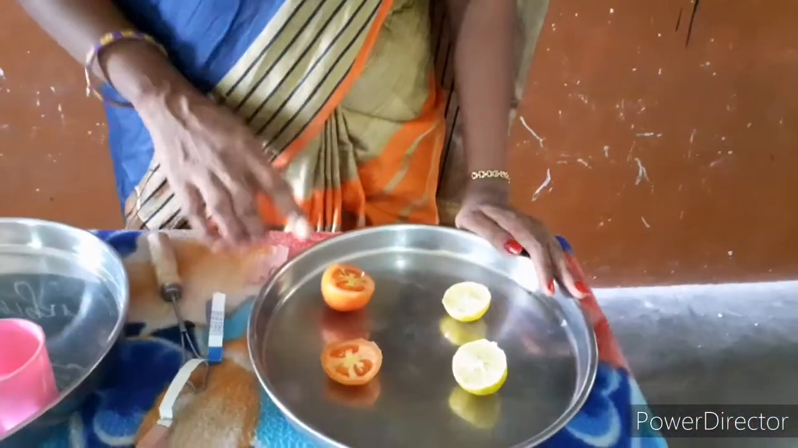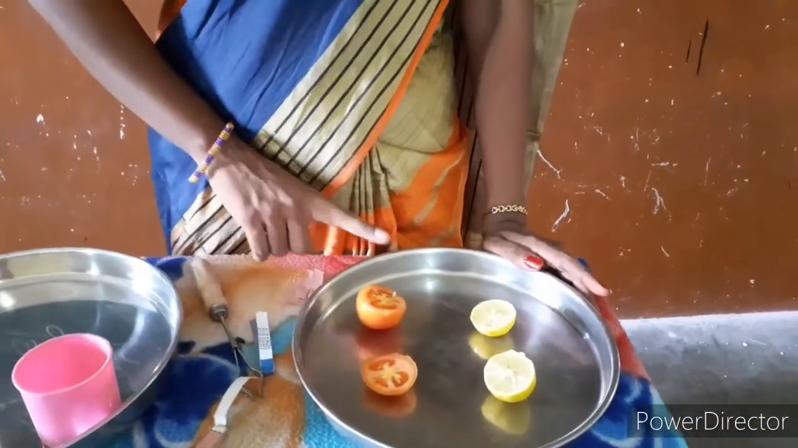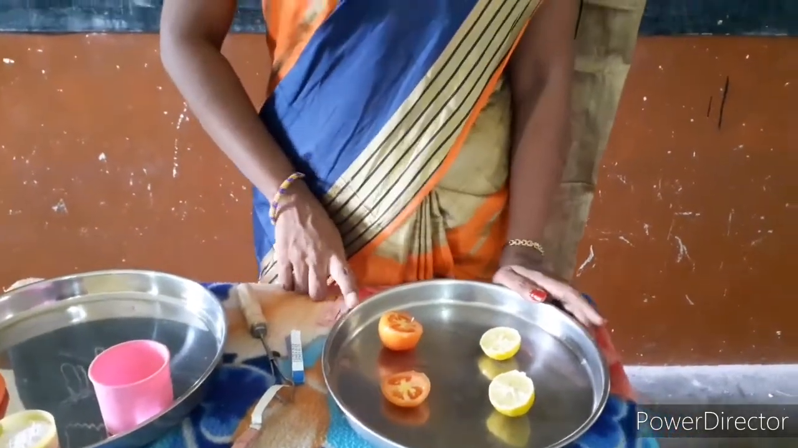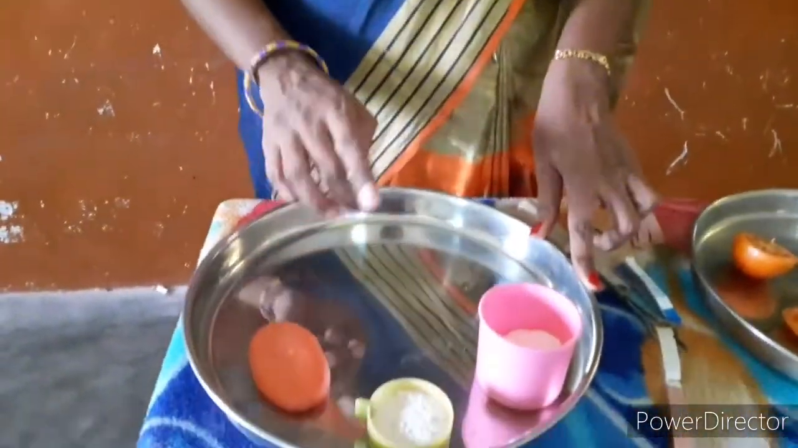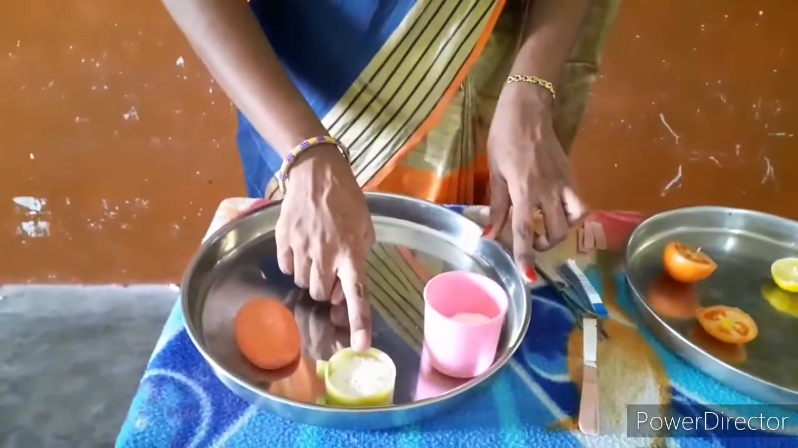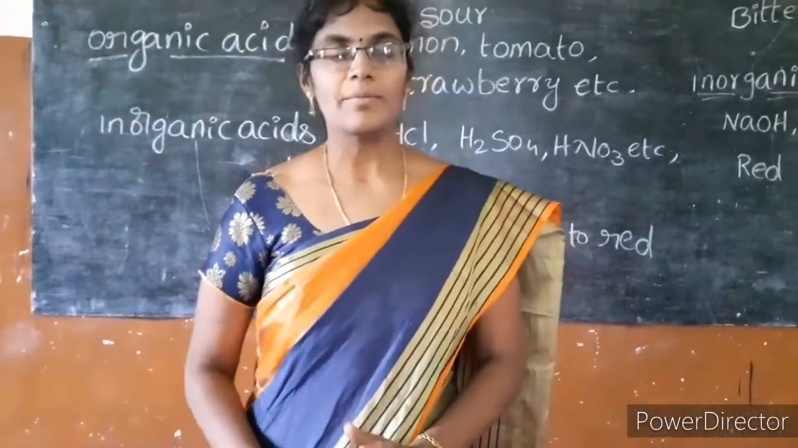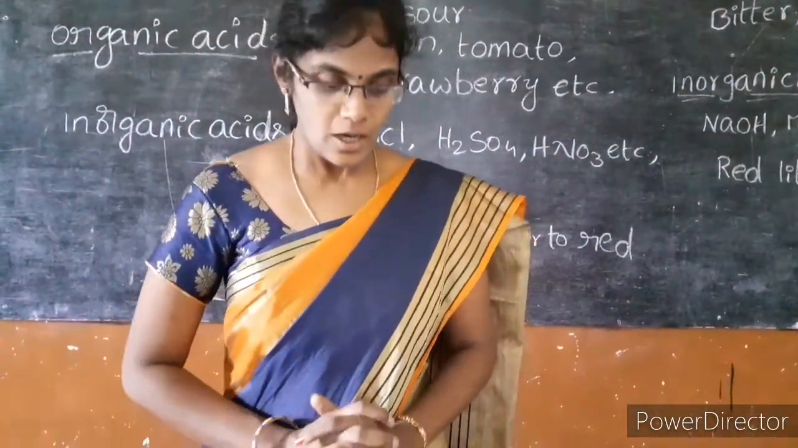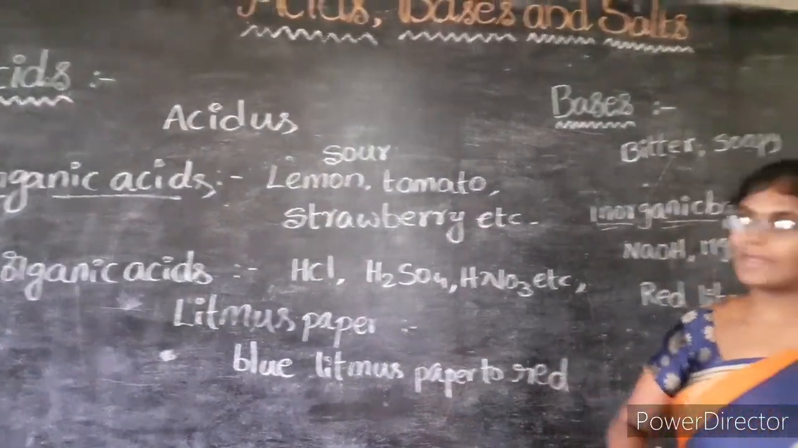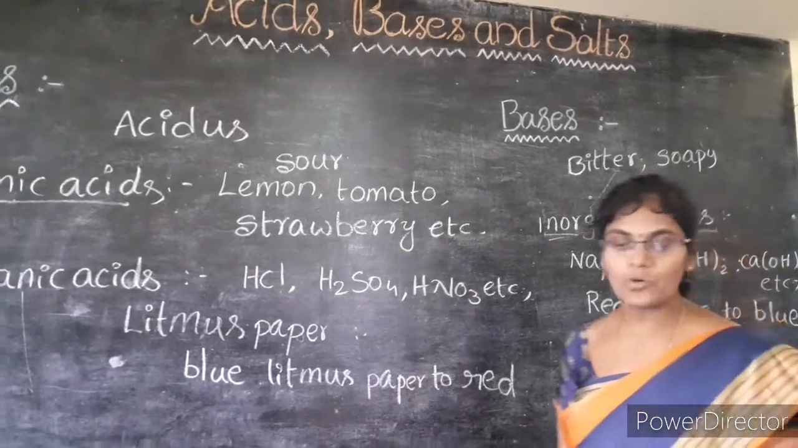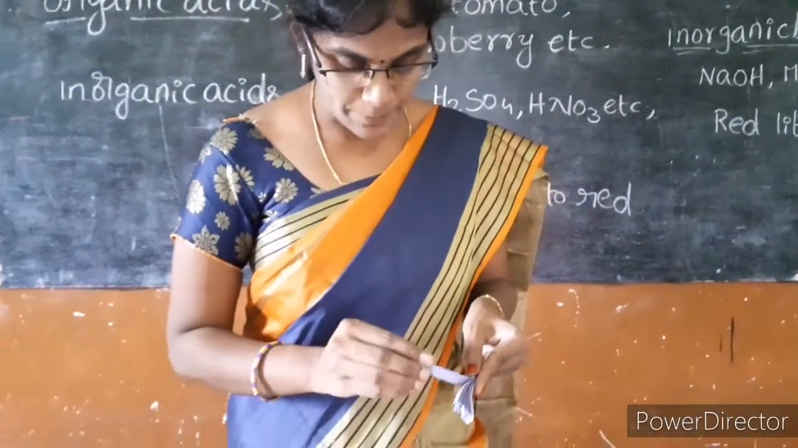Children, look here. What are these? These are acidic substances. Lemon and tomato are the acidic substances. And look here, what are these? These are the bases: surf, baking soda and soap. I consider these three for proving practically the nature of the bases. Already in acids we discussed that acids turn blue litmus to red. So now here I am taking a blue litmus paper